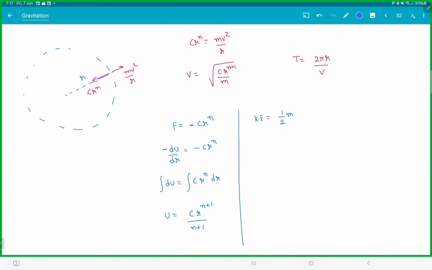Kinetic energy is half mv square. That would be CR power n plus 1 by m. Therefore, the total energy will be potential plus kinetic. Main thing is that you have to calculate the potential energy. This would be C R power n plus 1. You can take out common. You end up with 1 plus